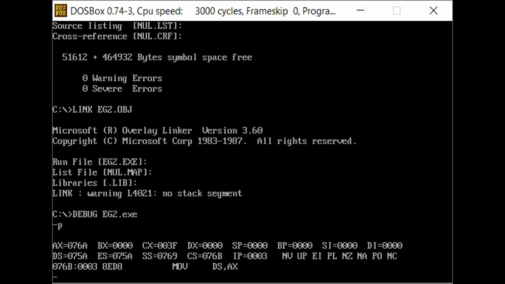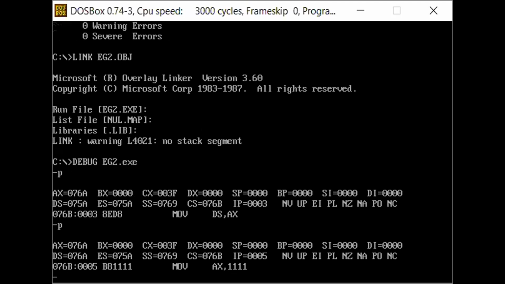P, proceed. Right. So initially, yes, the first instruction is going to be executed, and the next instruction, which instruction is going to be executed? Move ds comma ax. In that context, what will happen? Contents of the ax register and ds register should be the same. Check it. After executing this step, contents of the ax register and contents of the ds register both are the same, right?